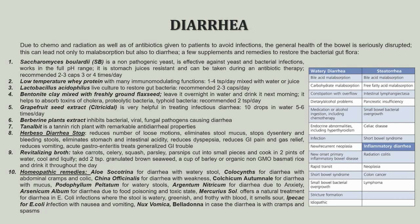You can also use homeopathic remedies, and here the recommended ones are aloe socotrina for diarrhea with watery stool, colocynth for diarrhea with abdominal cramps and colics, China officinalis for diarrhea with weakness, Colchicum autumnale for diarrhea with mucus, Podophyllum peltatum for watery stools, Argentum nitricum for diarrhea due to anxiety, Arsenicum album for diarrhea due to food poisoning and toxic state,